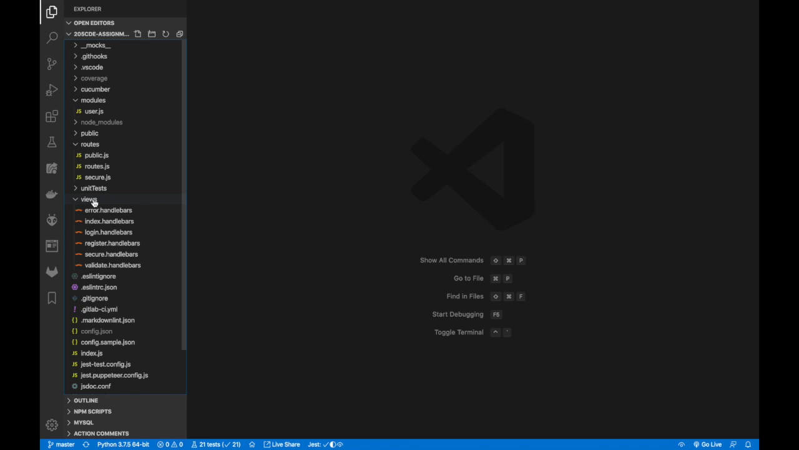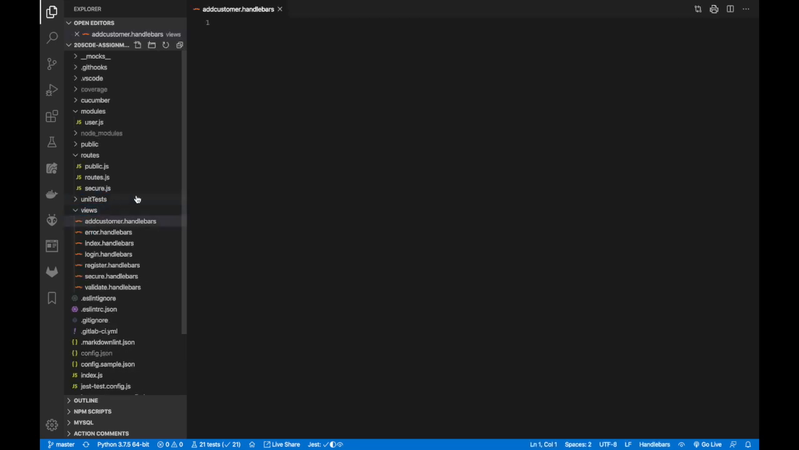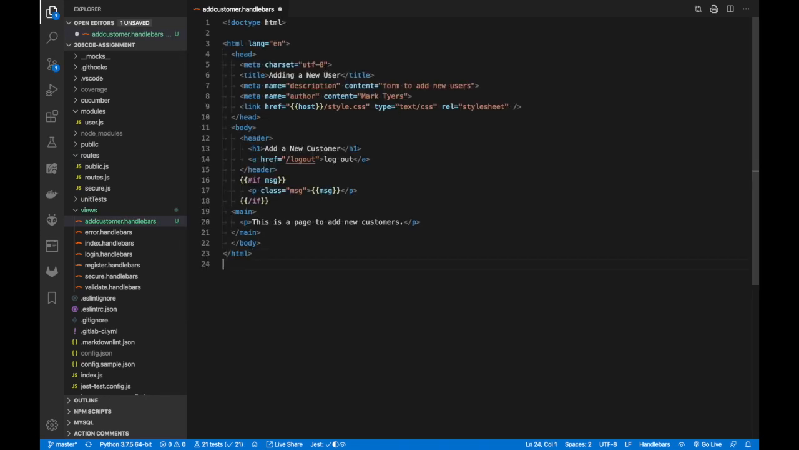To start off with a very simple template that we can add to a route, and then we can add more details to it. So I'll create a template called Add Customer, with a handlebars extension. Here we have a very simple basic page template. It's going to display a header, add new customer, and the logout button. It's basically taken from one of the existing templates. So it's got a link to the style sheet, everything else,